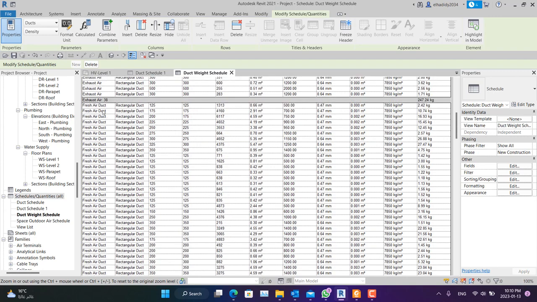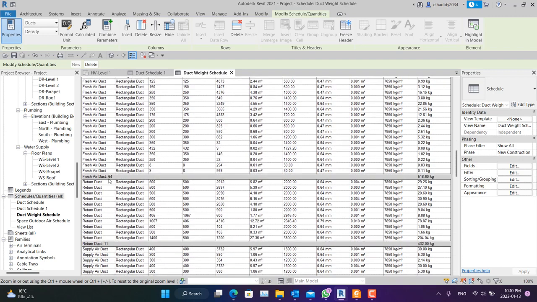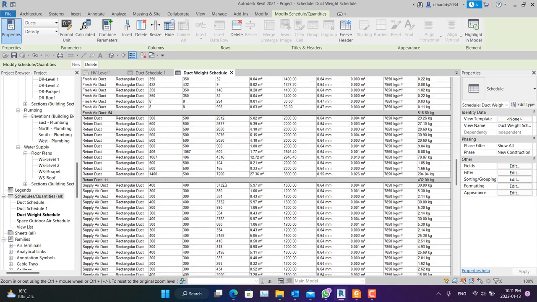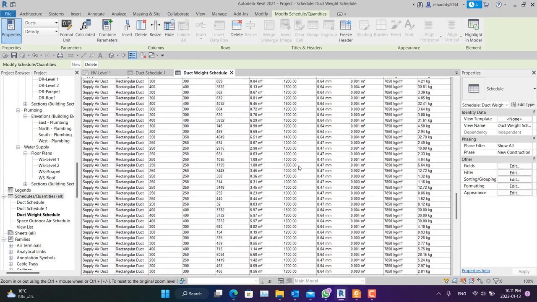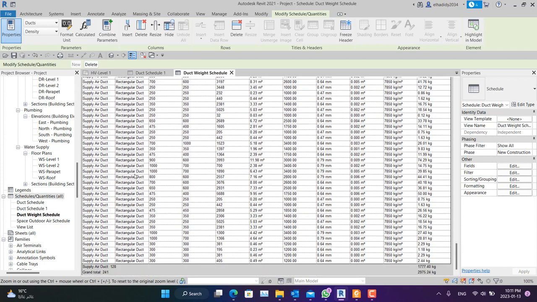For the fresh air duct, which is 64 items, you can see the weight is 518, and for the return duct, which number is 11 items, the weight is 432, and for the supply air duct, you can see